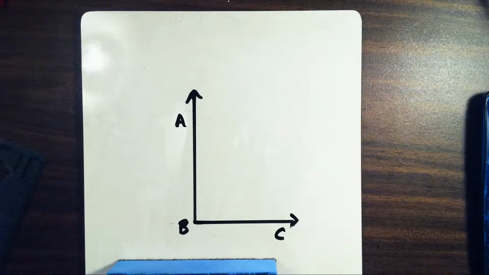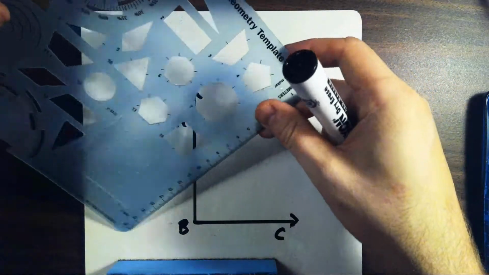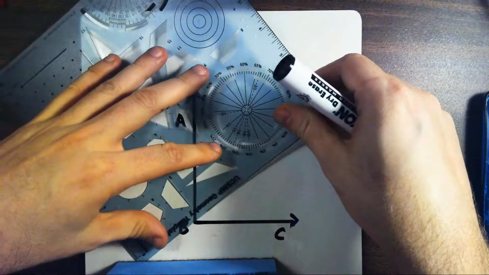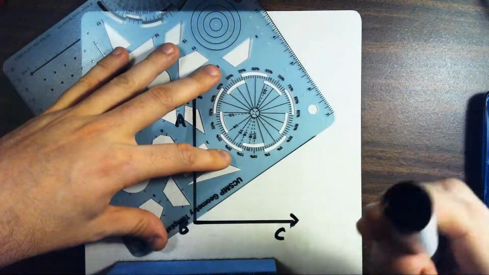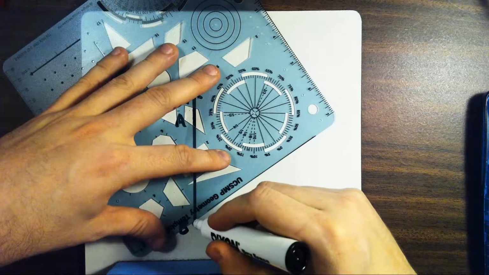In this video, I'm going to explain the difference between complementary and supplementary angles. Now, what I've drawn here is a right angle. This right angle has a measure of 90 degrees. And if I were to take my straight edge here and split this right angle into two angles